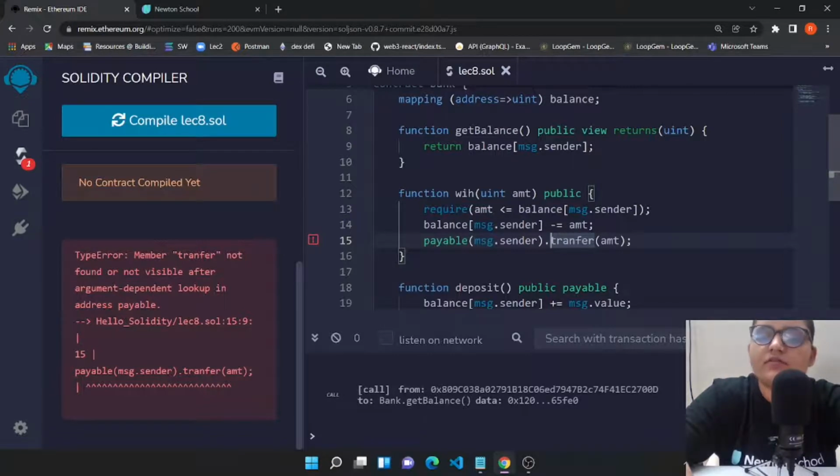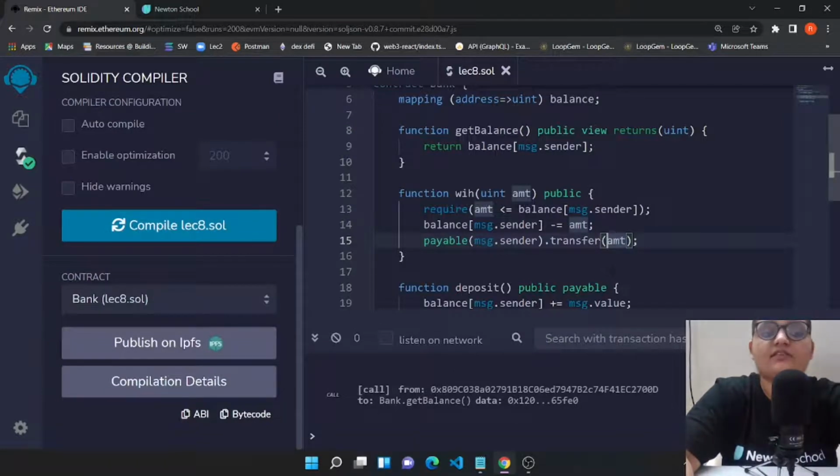So yeah, let's just have a recall over this particular line. It's payable message dot send. Okay, we have a typo over here. It's transfer. So transfer, transfer. Now we could recompile it, and yeah, we successfully compile our particular